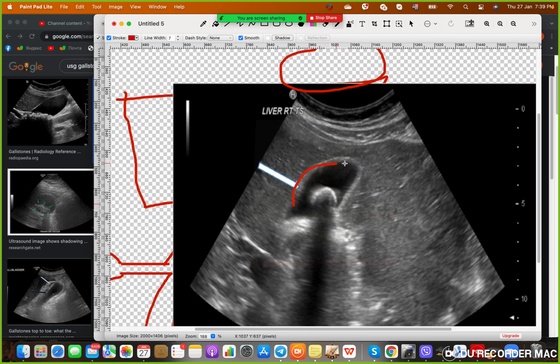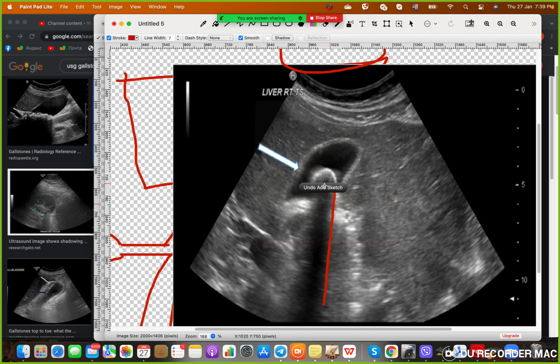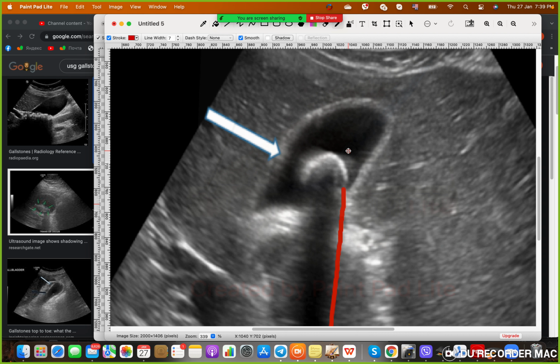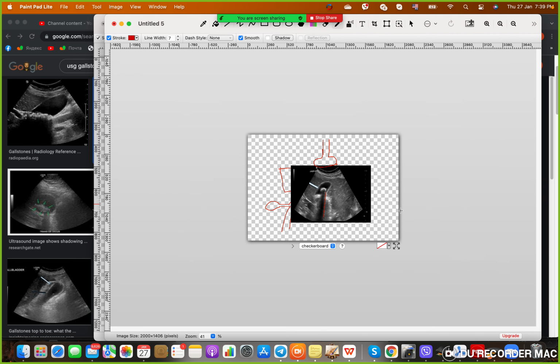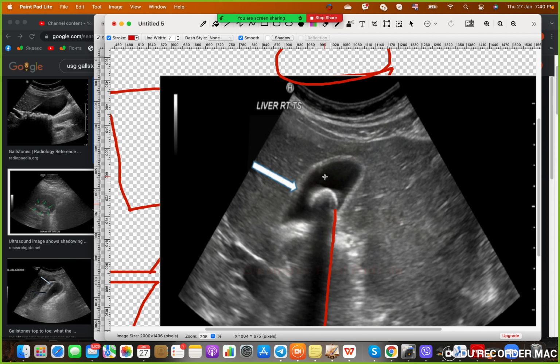This is the gallbladder, this is the stone, and behind the stone is its shadow. Here you can see something else. This is the stone, we established that, but there is also something here which is sludge. It's like a mucus-like structure which is going to form more stones soon. So yeah, also if I go really close